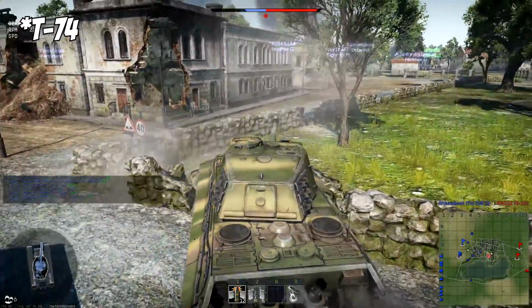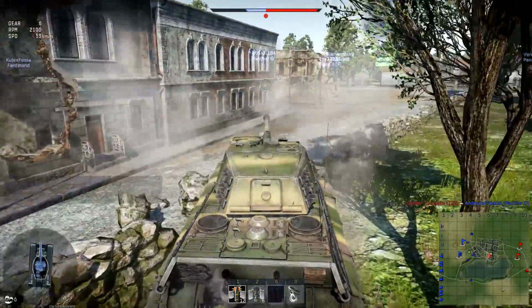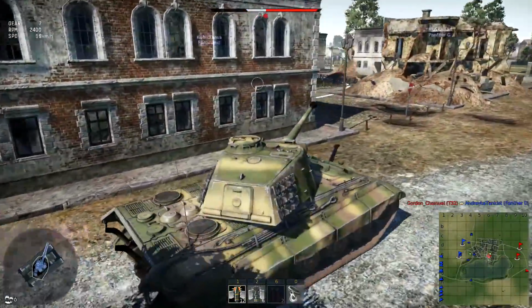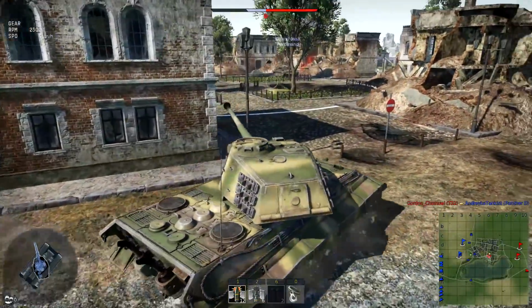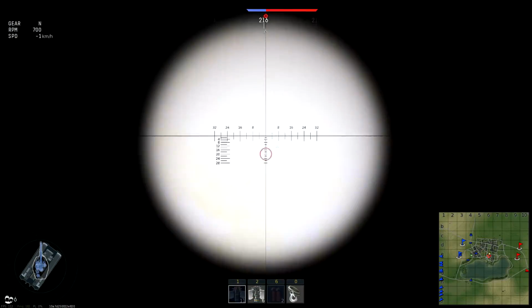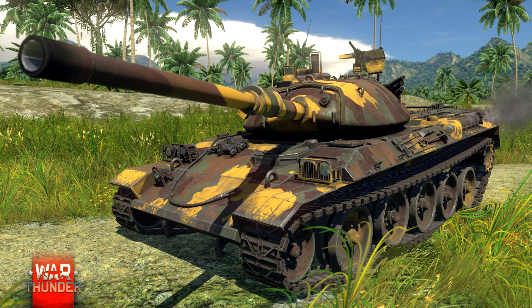I mean, the T-72 was put into service in 1975 and is still in service today. But it was designed in the 1960s, 1962, I believe. So that is the one I'm going to be talking about first today. But hi, Baba. So the Type 74 or the T-74 is a main battle tank for the Japanese Ground Self-Defense Force, or JGSDF,